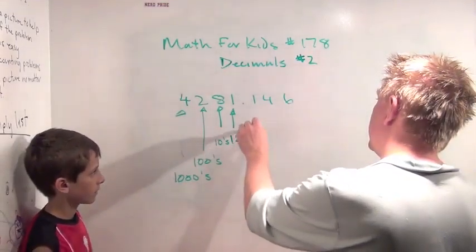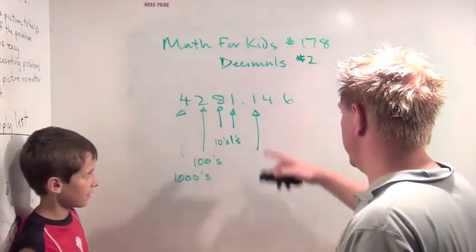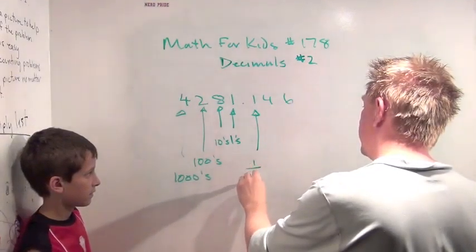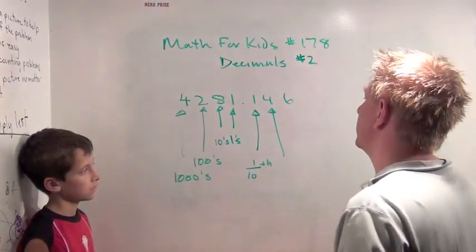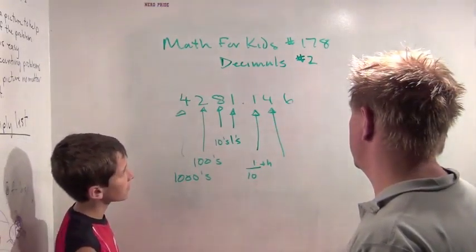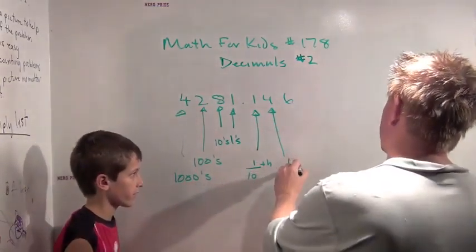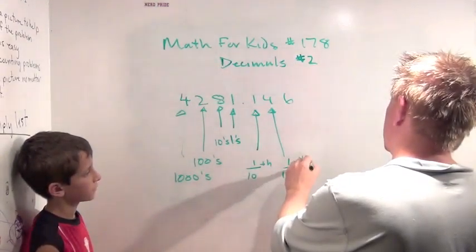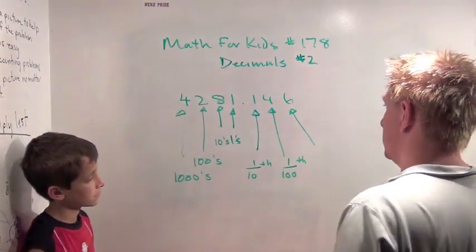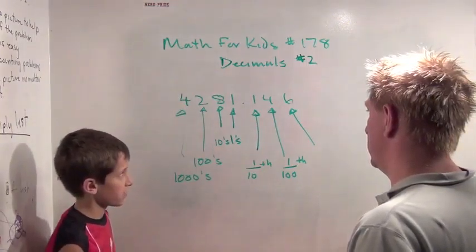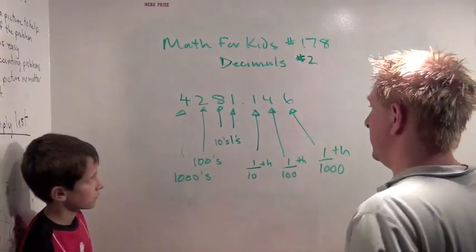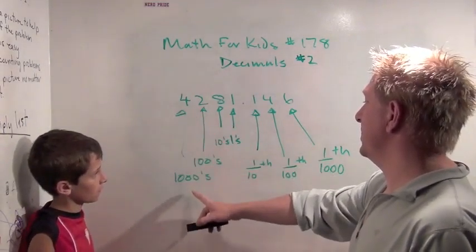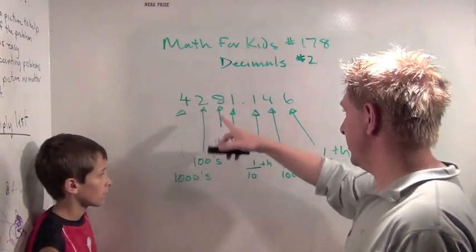What is this decimal place? Tenths. This is the 1/10th. What is this decimal place? It's the 1/100th. How about this one? It's the 1/1,000th. Okay, so this number means 4 times 1,000 plus 2 times 100 plus 8 times 10